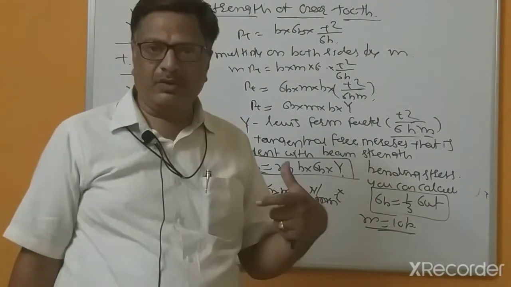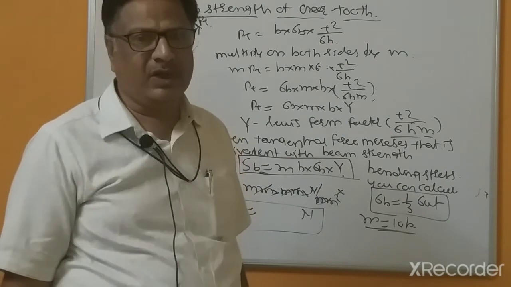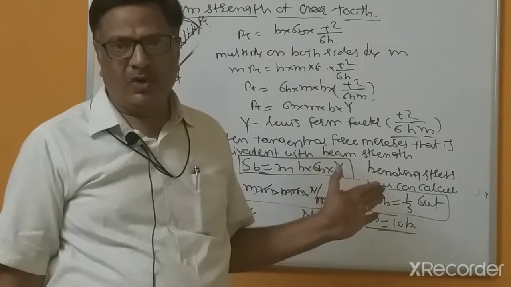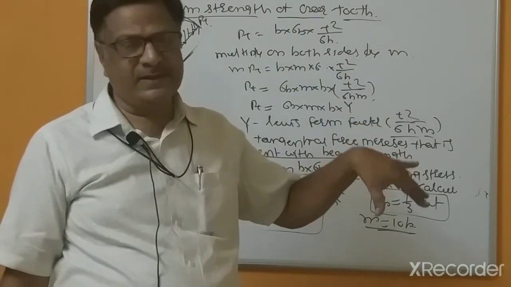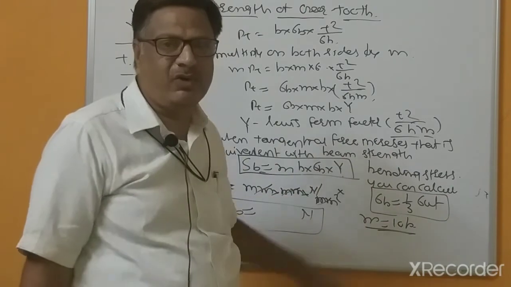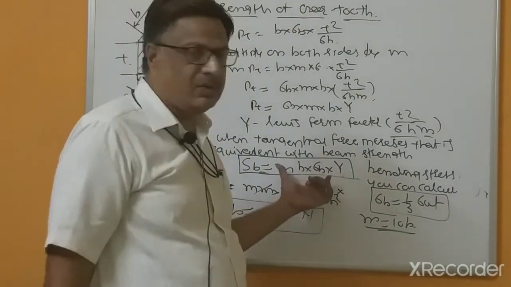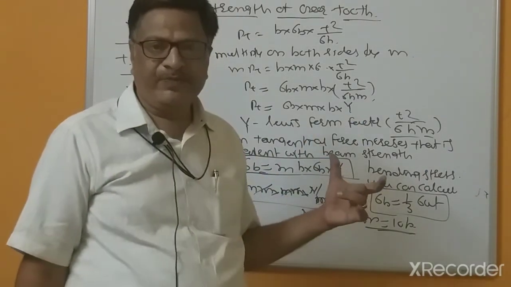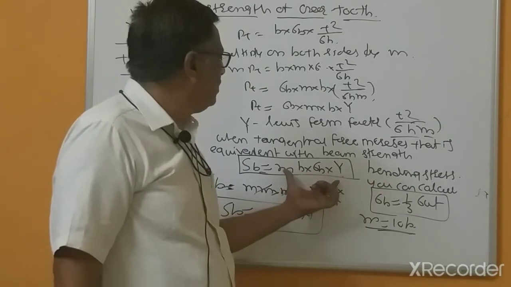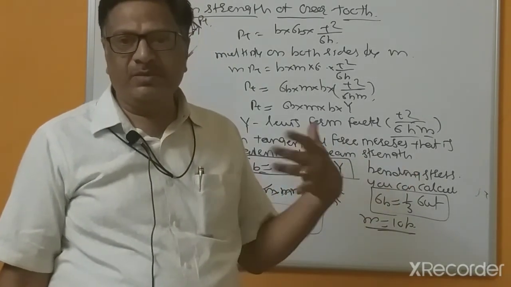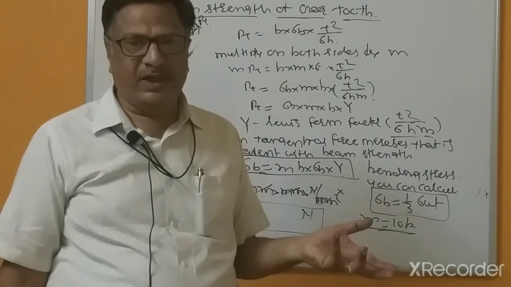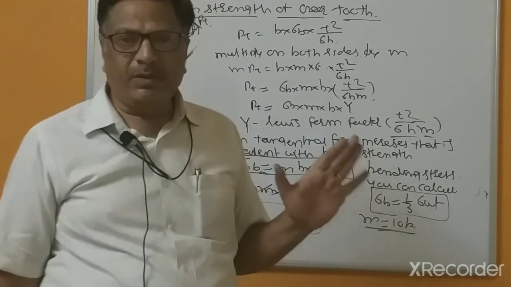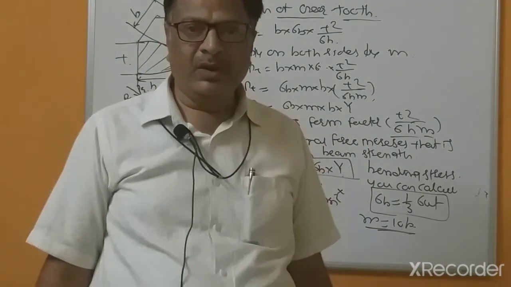So what is the beam strength, and how can you calculate it, and what is the important equation: S_B equal to module multiplied by face width multiplied by bending stress multiplied by the Lewis form factor, capital Y. This equation is important, and this type of beam strength equation is common, only these parameters slightly change. The design of helical gears, bevel gears and worm gears is different as compared to the design of spur gears.